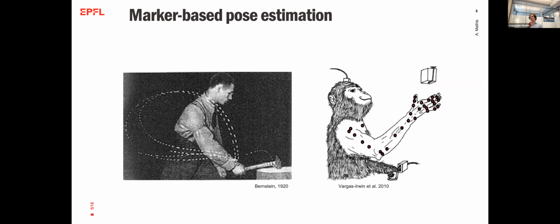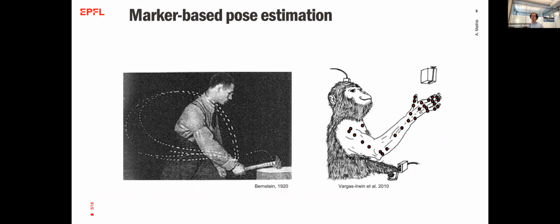So here you even have a trajectory analysis with just a camera, no code required, nothing. But the essence of marker-based pose estimation is already here in this picture, of course. With marker-based pose estimation, the idea is you put markers at the relevant key points on your animal or on your scene. And because these markers are highly visible and you can pick them, it is then very easy